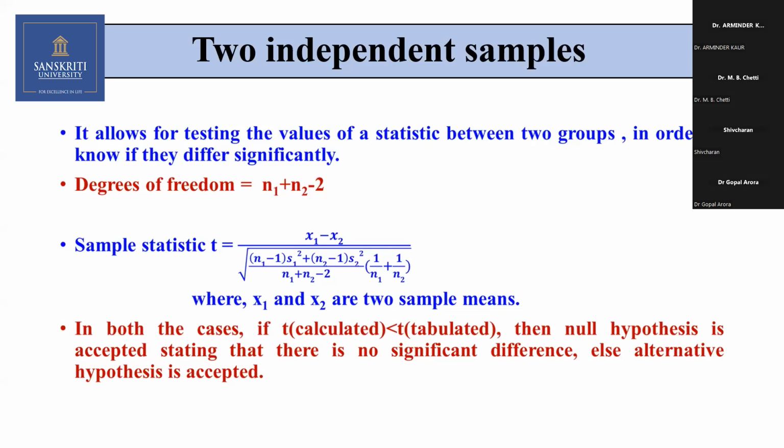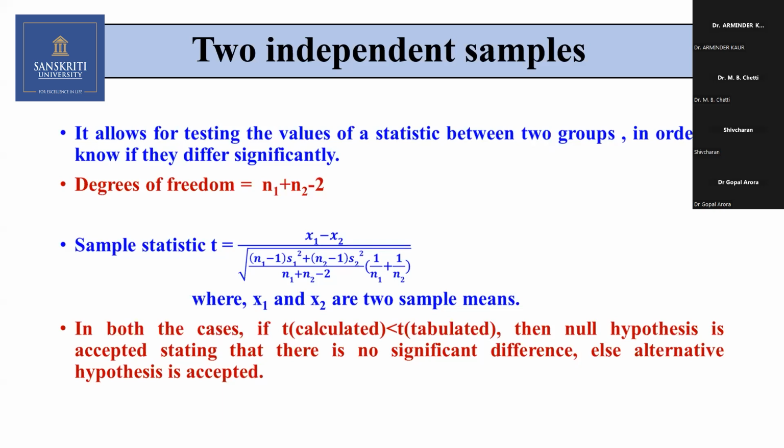I was talking about BP. If it is beyond a certain level, then only we rush to the doctor. Suppose our BP is supposed to be 80. If it is between 70 to 90, we don't rush to the doctor. Only if it is below 70 or above 90. So that 70 and 90 is known as a critical value. Each test has some critical value, depending on the degrees of freedom. The table critical value has been given.